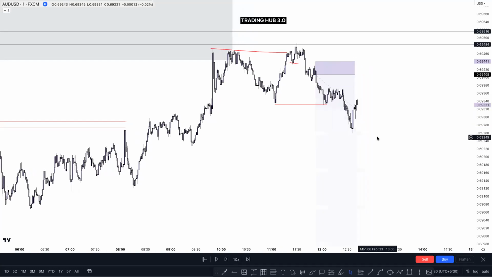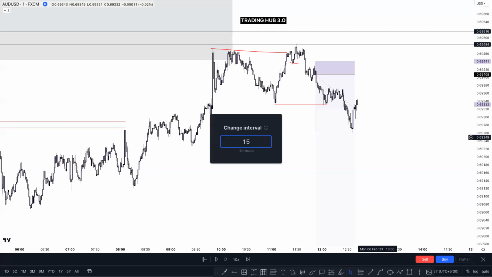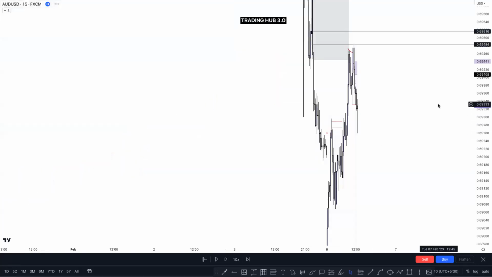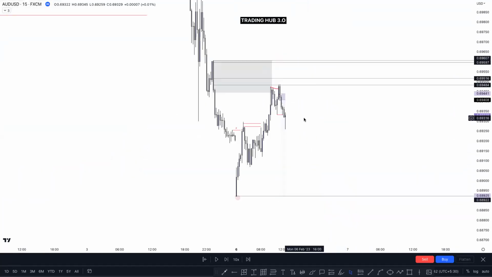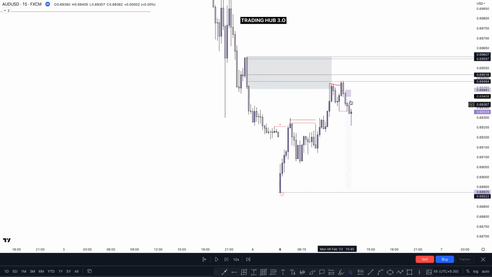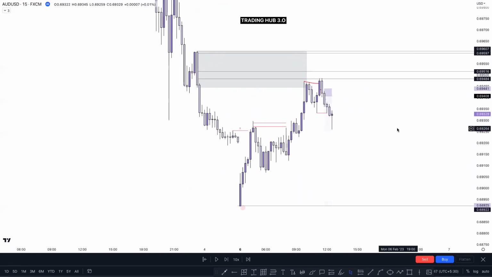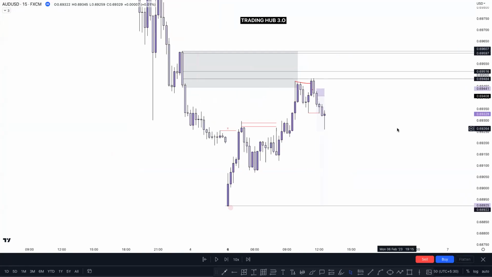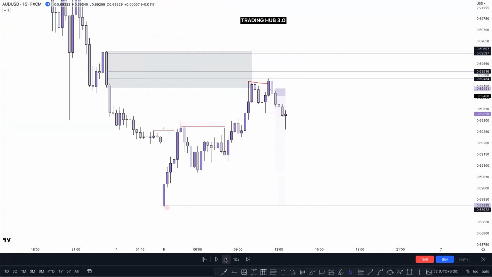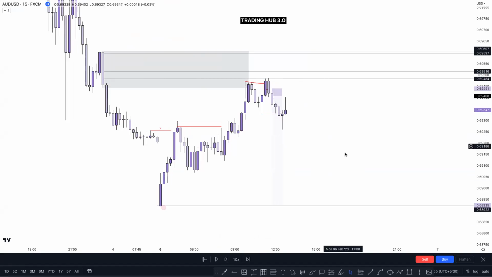Now again, you have to switch to a 15-minute time frame to see exactly what the market is doing here, and you can take entry based on a previous candle's high-low sweep, as I mentioned recently, right? Right now there is no candlestick sweep here, so you have to wait for confirmation. So let's see what is happening here. Okay, look at this one. This previous candle took out the liquidity here. So once the market takes out the previous candlestick liquidity,